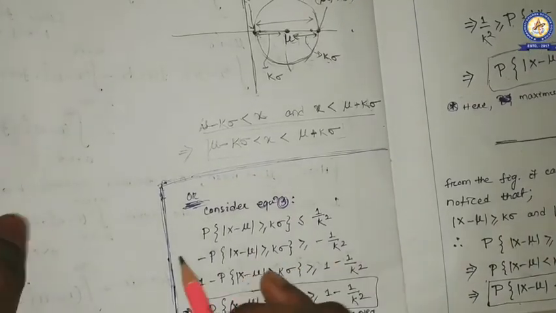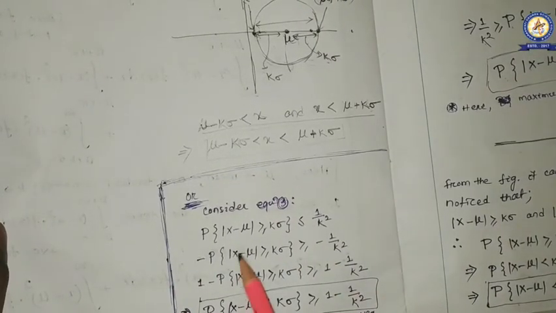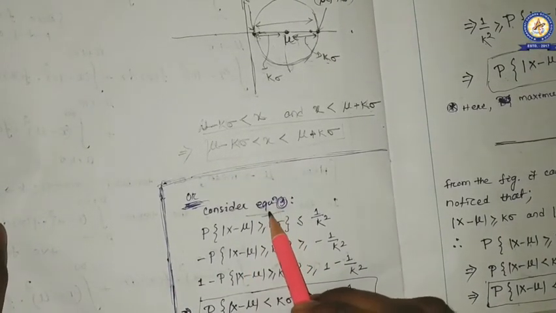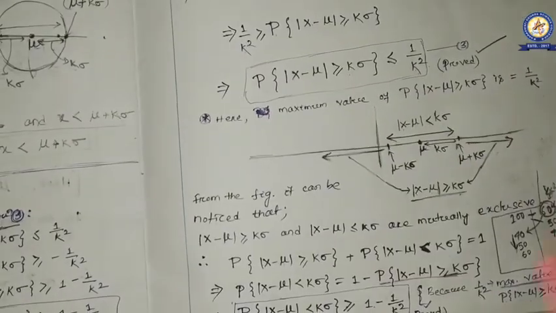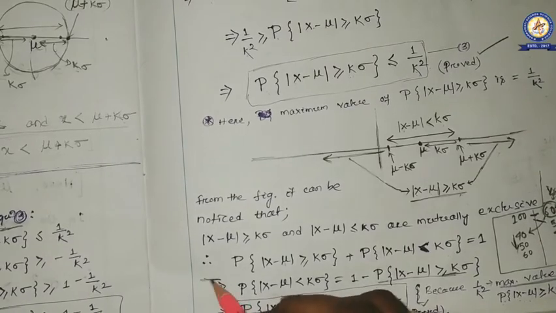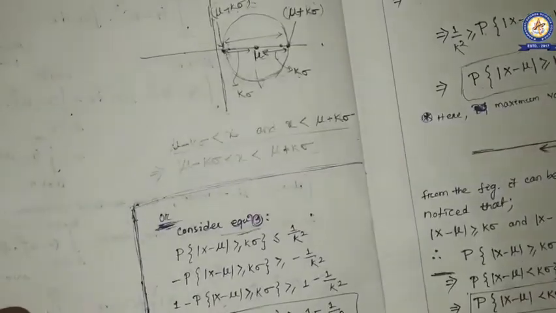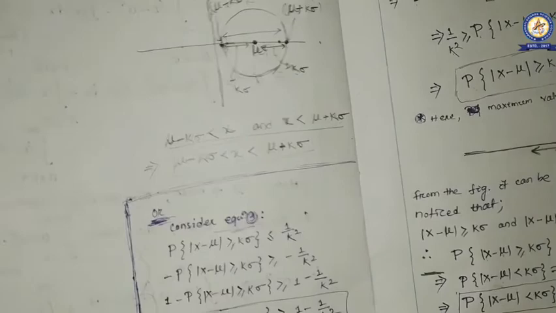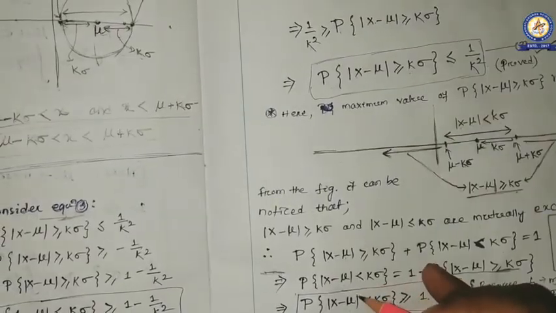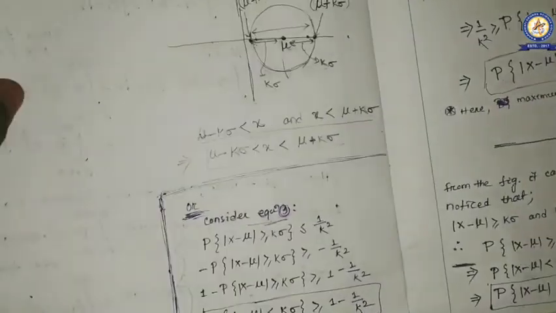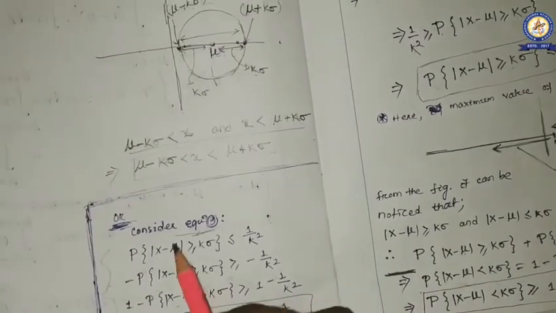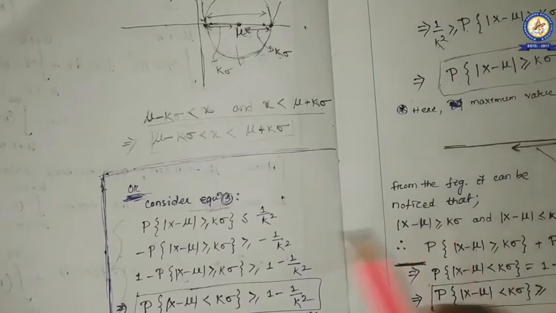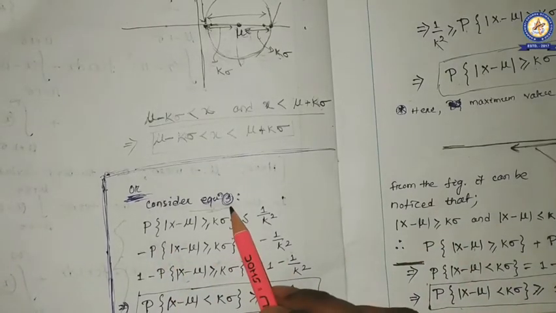Another easy method is there: consider equation number 3. This is our equation number 3. You just write down up to this much, and then you can write these steps instead of these two steps. See, up to this much you have written, then you have to consider equation number 3. Equation number 3 is this one,